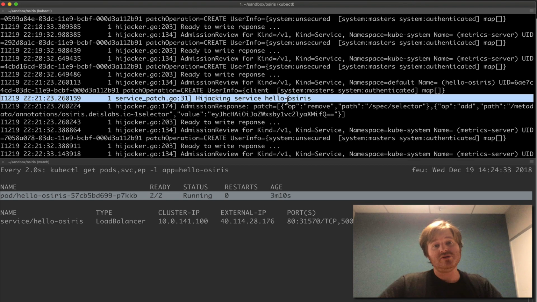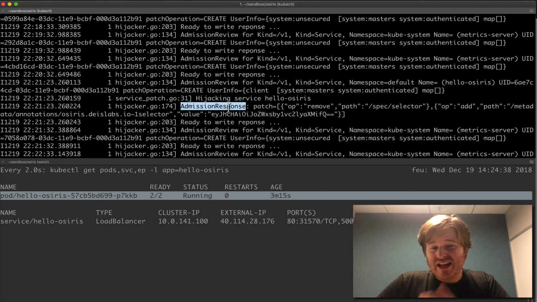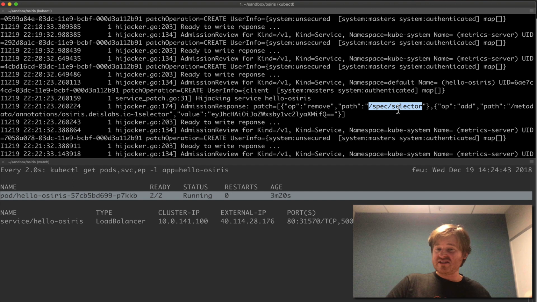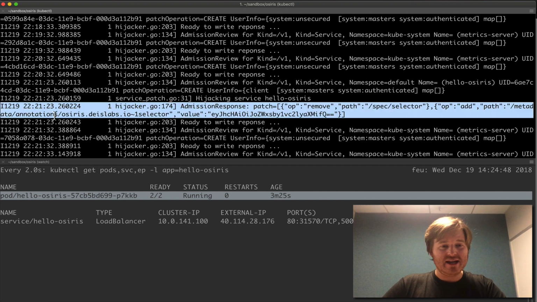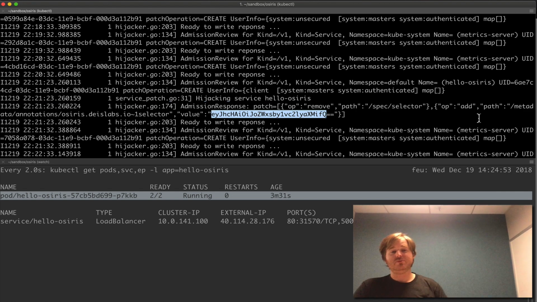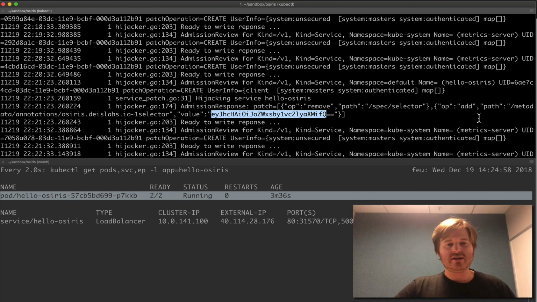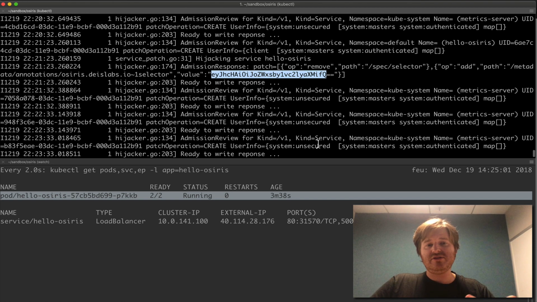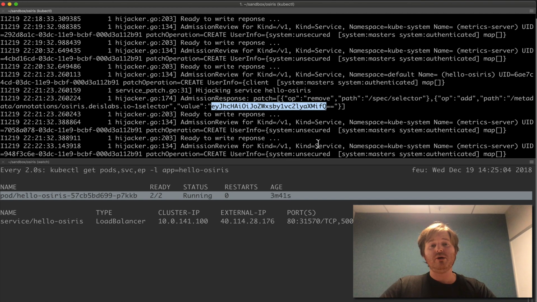Hijacking service, because we've explicitly put the annotation there. I'm going to hijack it. I'm going to send it admission response. So this is using mutating webhooks in Kubernetes, and I am going to remove the path selector. Fancy that. And I'm going to add a path in the metadata with the value probably of the old selector, would be my guess, so that if we disabled it, it'd go back to the old label selector. So basically that's looking at all the services, and if it has the right annotation, it will indeed be modified